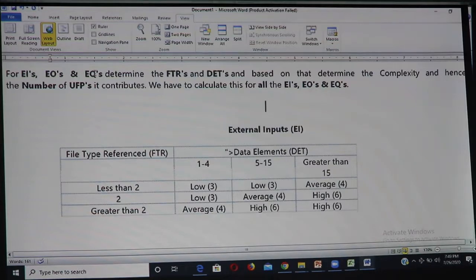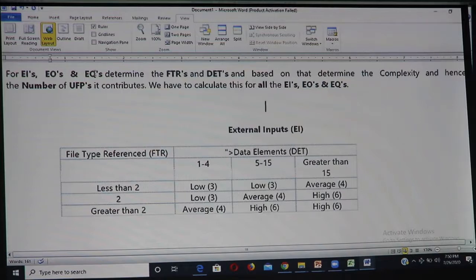In transaction functionality we need to count external input, external output, and external query. So in total we need to count 5 functionalities: ILF, EIF, EI, EO, and EQ. Now we will see how we need to count each of these.